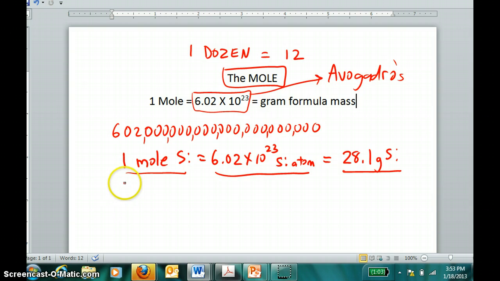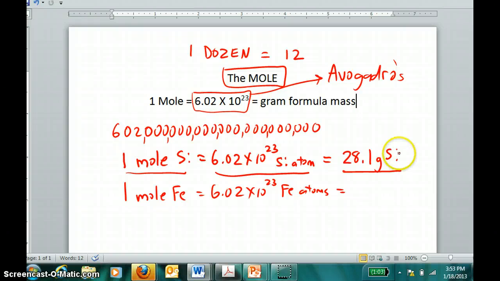Randomly pick iron. Well, if I were to hand you a mole of iron, yes, I'd be handing you this many atoms of iron. And I would also be handing you the formula mass in grams of iron. And since iron's atomic mass is 55.8, if I handed you a mole of iron, I'd be handing you 55.8